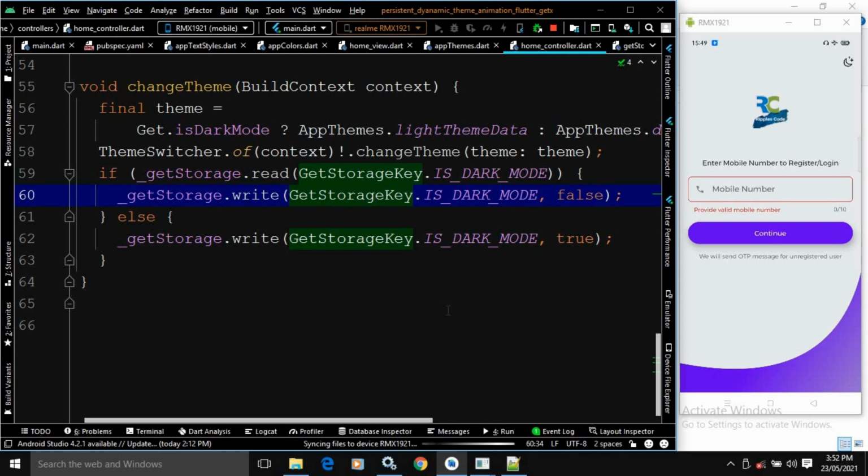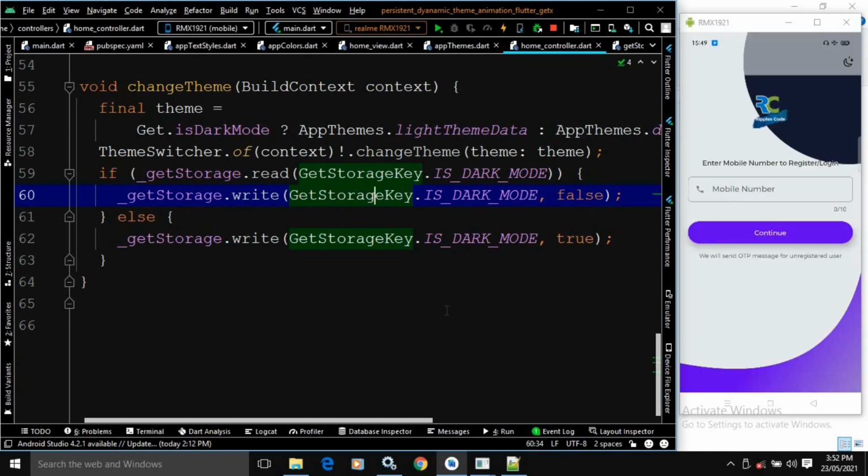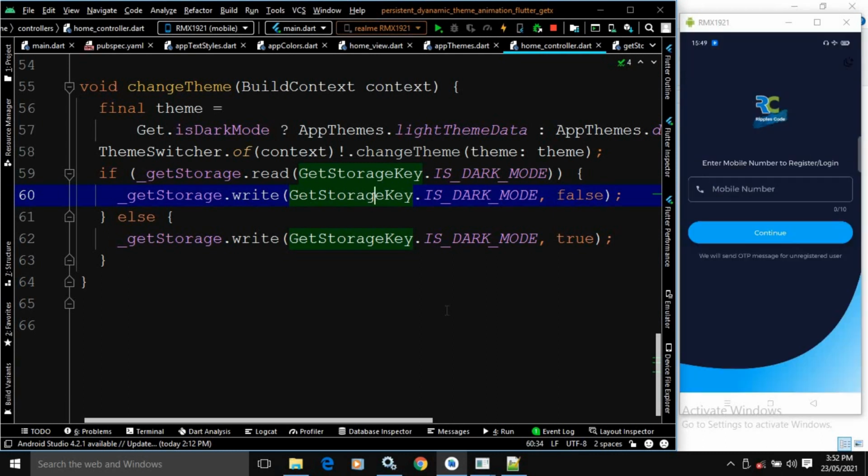Now let me check whether it is working or not. Okay, now if I hit on this button, you can see that it is working fine. The theme is changing and it has an animation as well. Okay, here the icon is not changing. Actually, let me check why the icon is not changing.